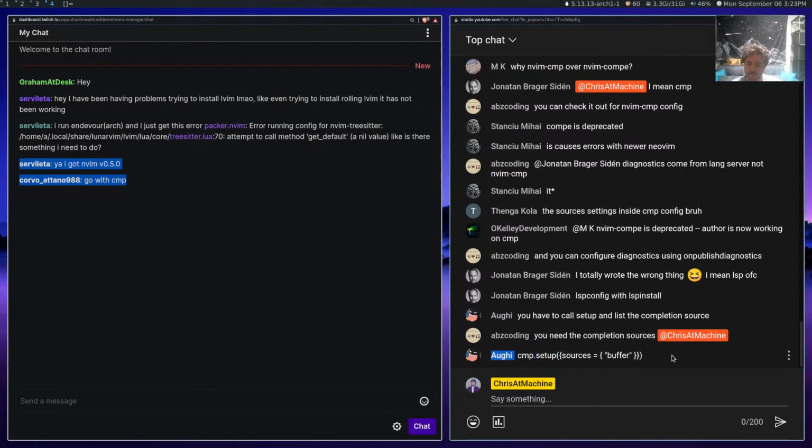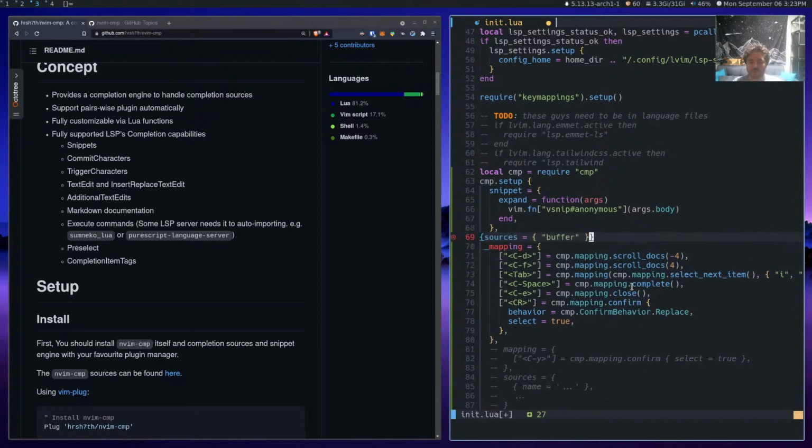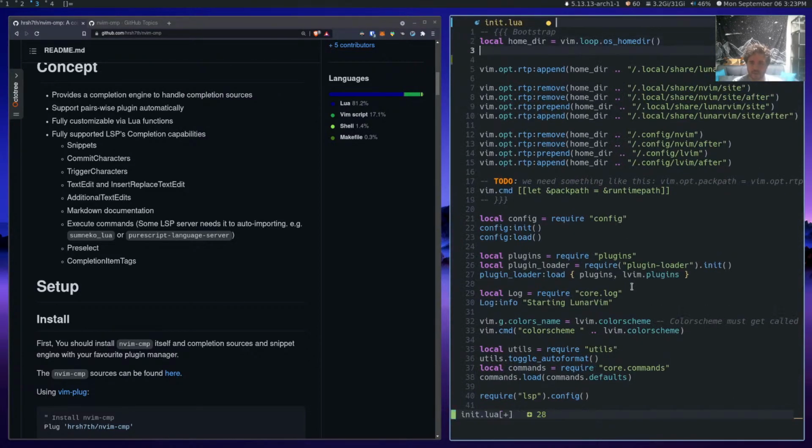Sources. You got to add sources, like every source? Oh, wow. What a pain in the ass. All right. So there's no sources, so nothing works. So I would have to do something like this. Come over here, put that there, go like this. And now if I do local,